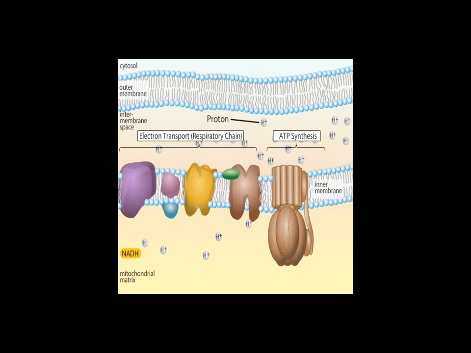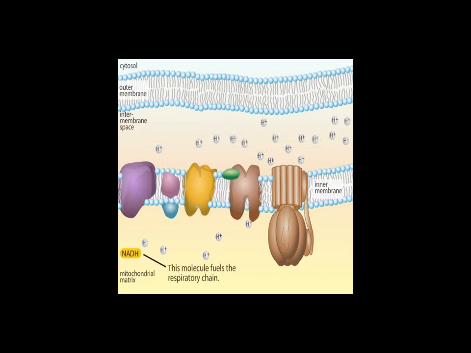NADH, along with FADH2, which is not shown, fuels the respiratory chain. NADH molecules carry high-energy electrons that were removed from glucose during glycolysis and the citric acid cycle. The respiratory chain consists of a series of electron carriers, each of which holds donated electrons tighter and with greater affinity than the previous carrier in the chain. When NADH donates electrons to the first carrier, NADH converts back to NAD+. The respiratory chain is important in part because it regenerates NAD+, which is required in glycolysis and the citric acid